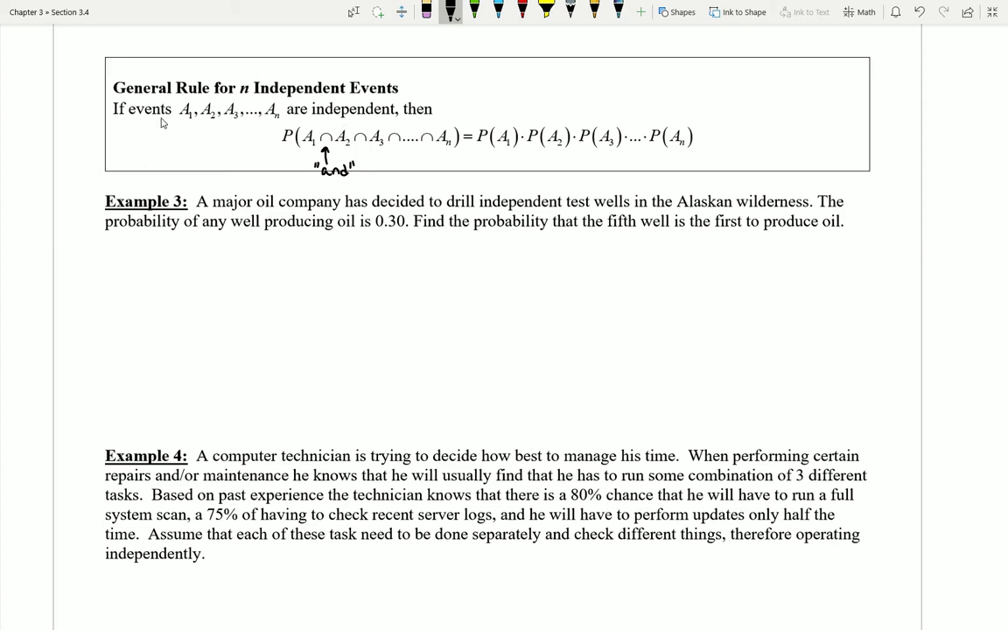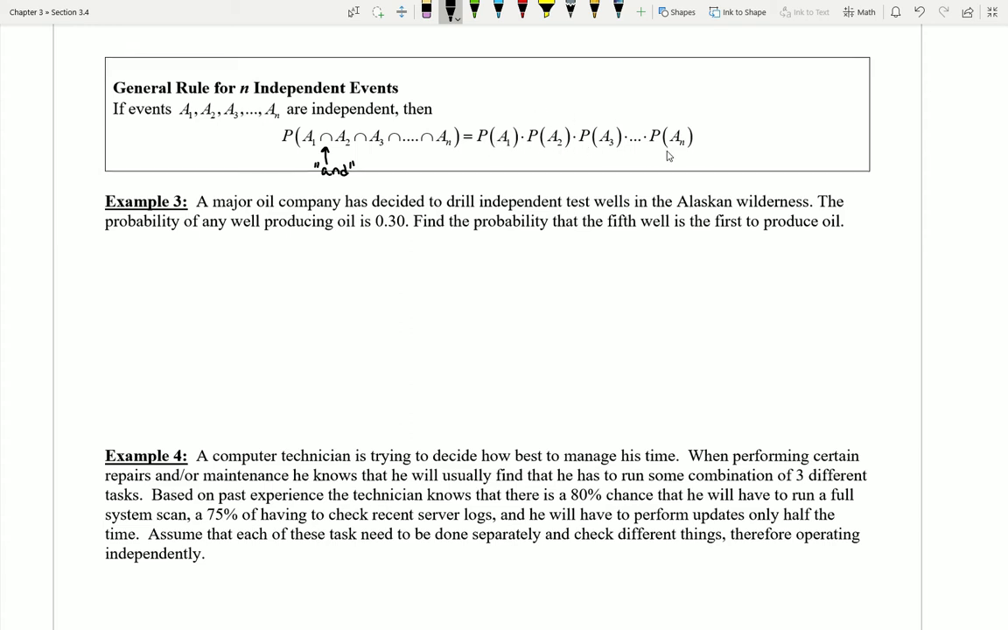Let's see what this says. If events A1, A2, A3, all the way up to AN, so like I could have pretty much any number of events, but if they're all independent of each other, then if I wanted to know what's the probability that this thing happens and the next thing happens and the next thing happens and the next thing happens all the way down the line, I can kind of expand my rule to just say, take the probability of each individual